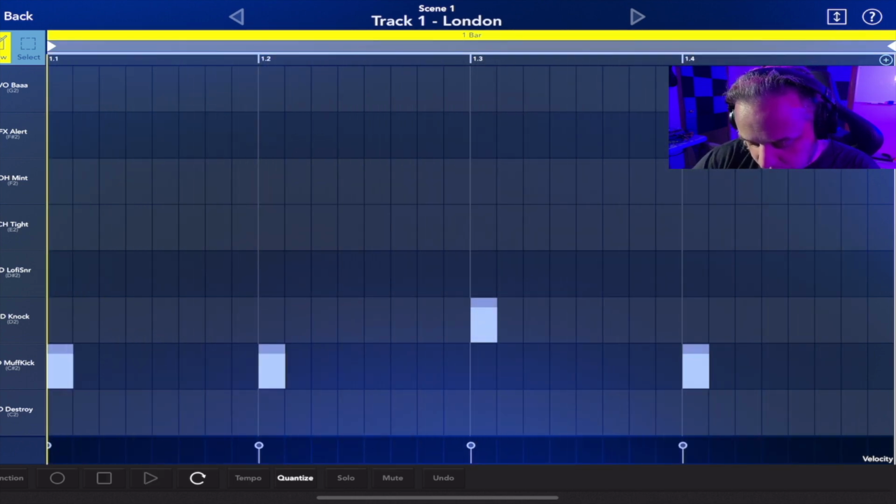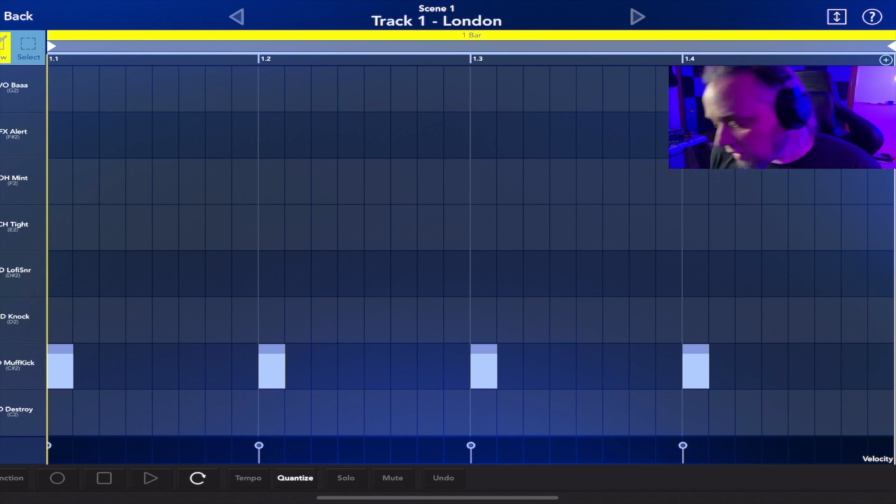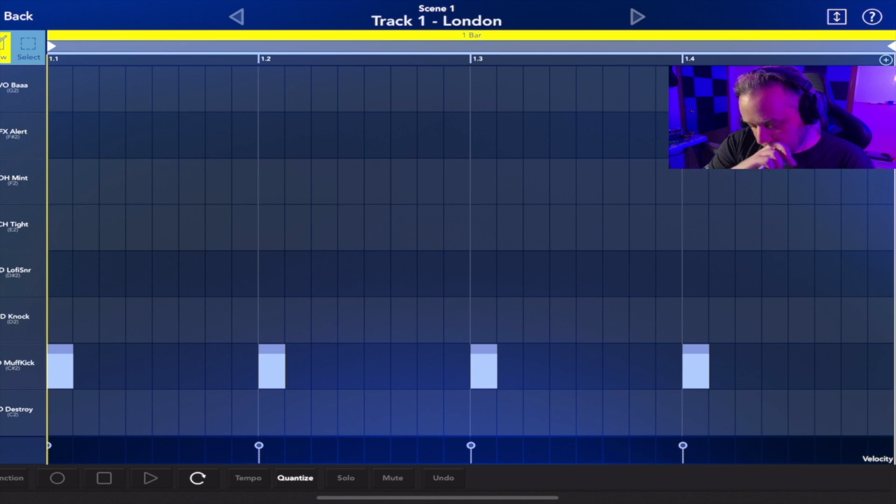All right, so what I'm doing right now is noodling around. I didn't really have an idea in mind, so I'm just playing with the beat itself. But I think really I want kind of a rock beat or a punk beat to start. Punk beat might be a little bit too much overkill. Maybe something like